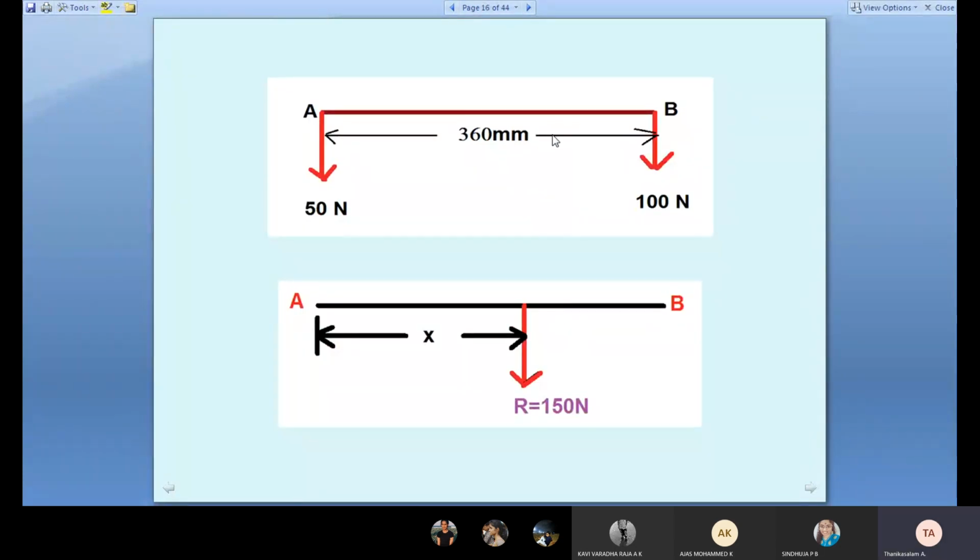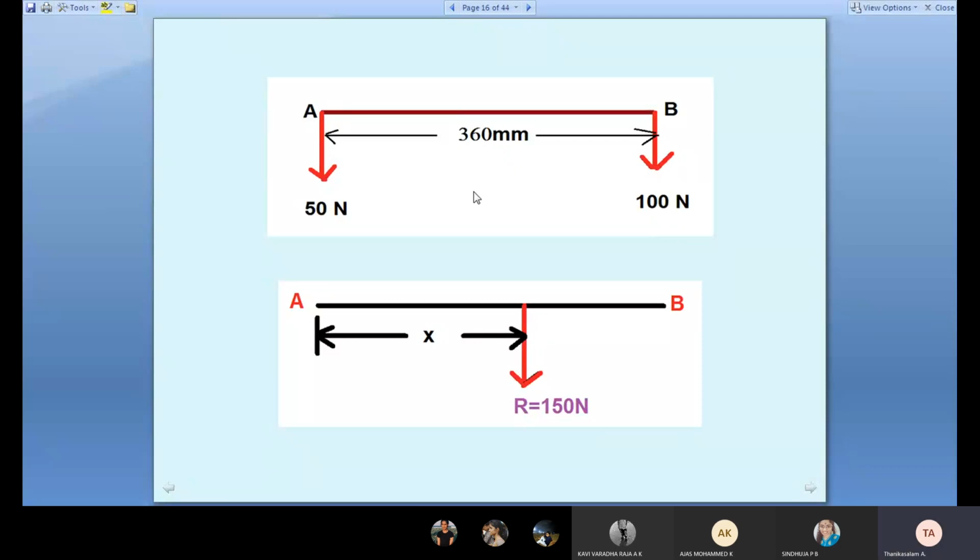So what is the individual force moment? See the first diagram. Put your hand at A. I told you which forces give moment and which do not. Here the reference point is A, so the 50 is not giving moment. Why not? It is acting at point A, so it has no distance. Which other force gives moment? The 100, so 100 into 360.